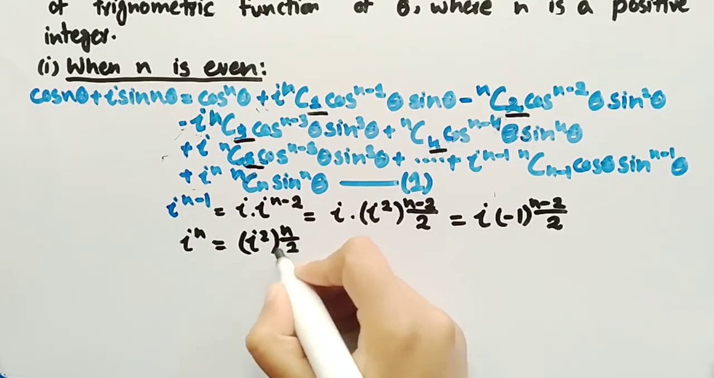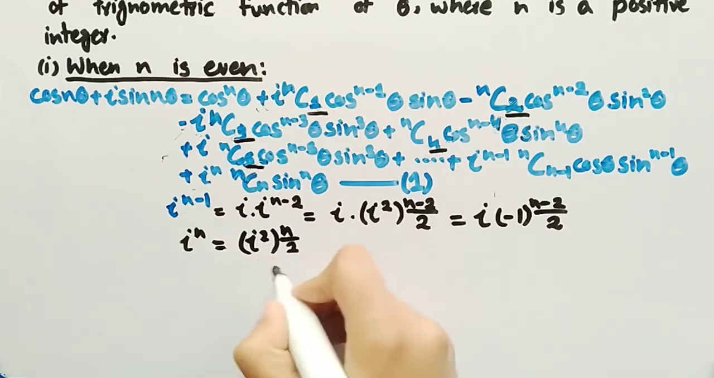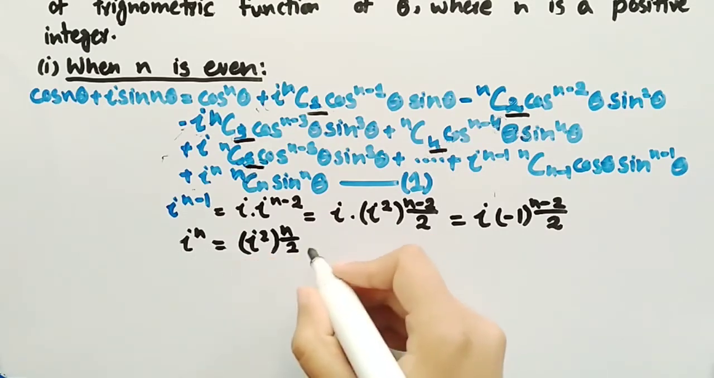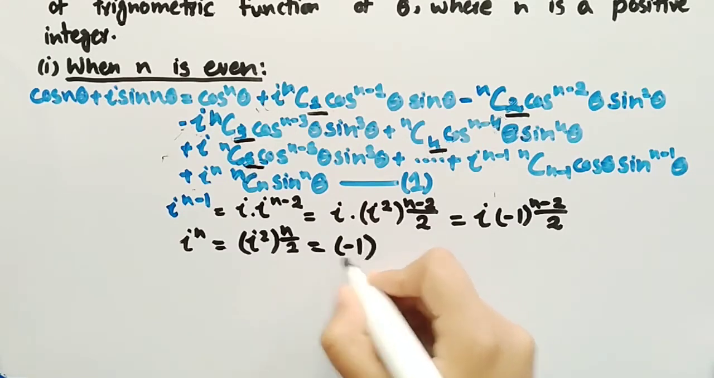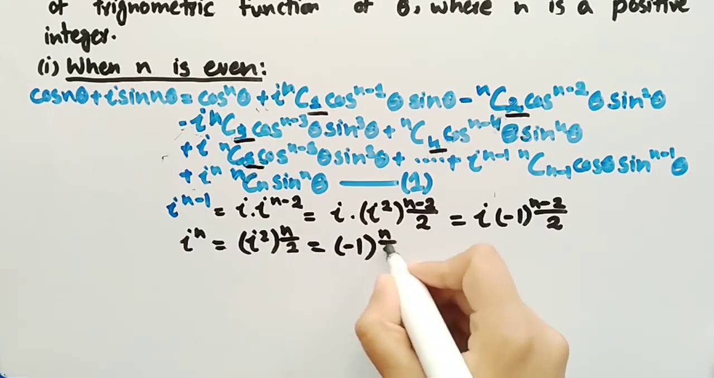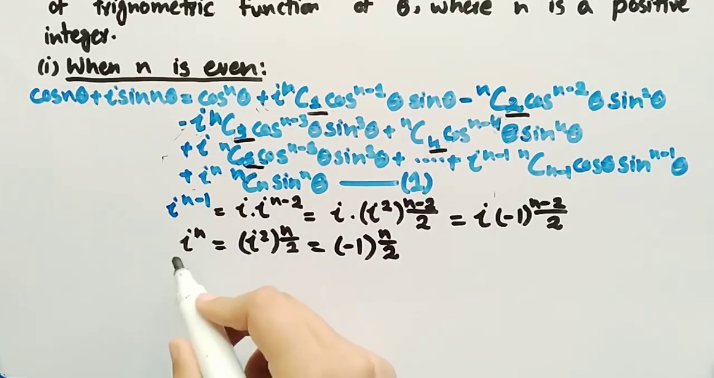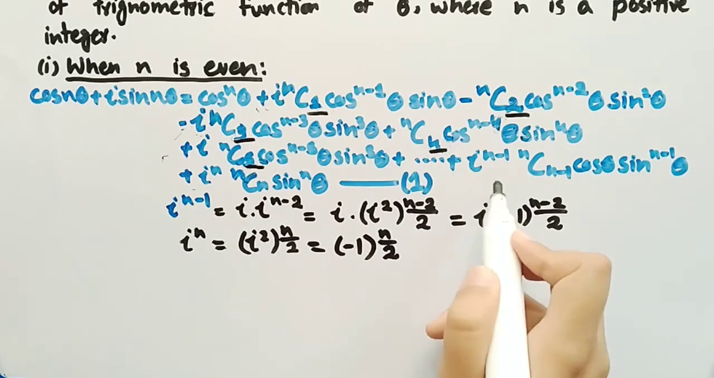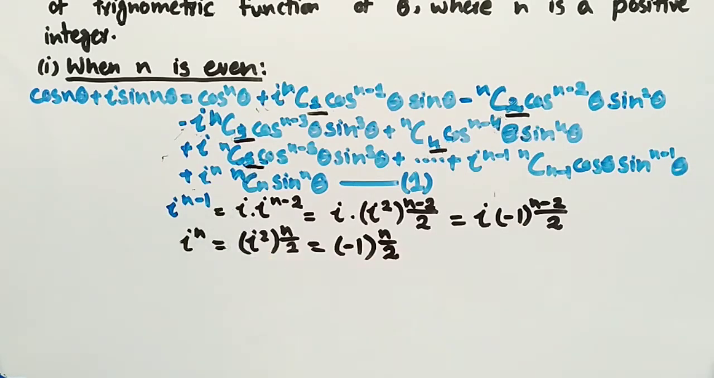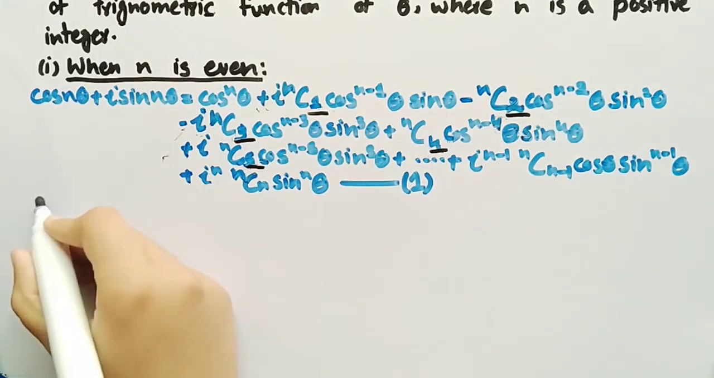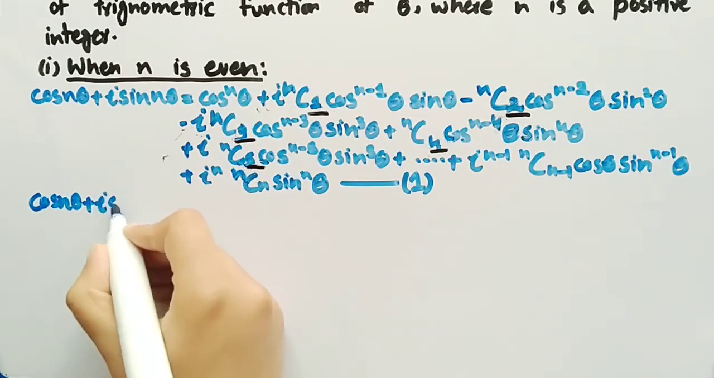By cancelling out these two 2's, we will get iota raised to power n. So these two terms are equal, which is equal to iota square is minus 1 and raised to power n by 2. Now by replacing these two values in place of iota raised to power n minus 1 and iota raised to power n, we get cos n theta plus iota sine n theta